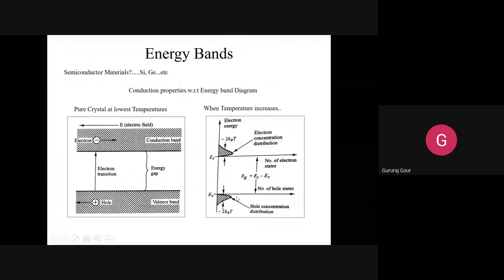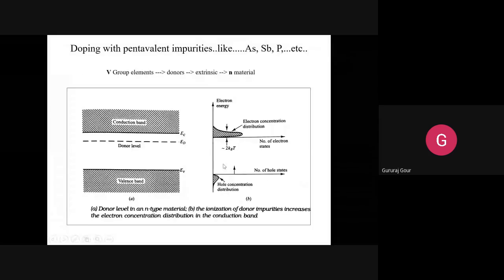Both the peaks are almost equal. Right now, you just imagine; how it will increase, we'll see later. EV is here, and EC, the concentration of electrons in the conduction band, is here. And you can see the donor level is going to add up here in the band gap energy, ED.